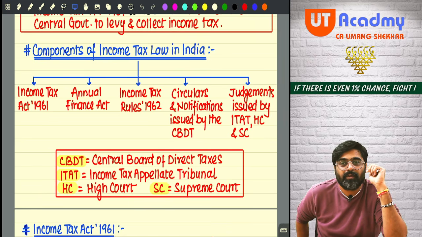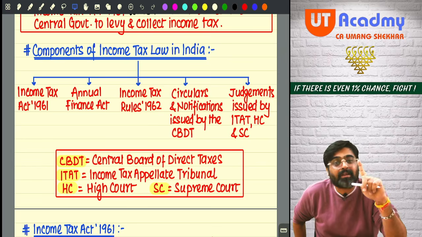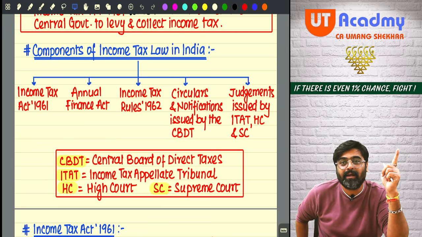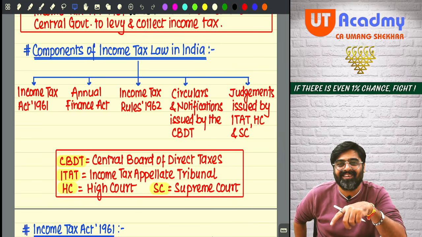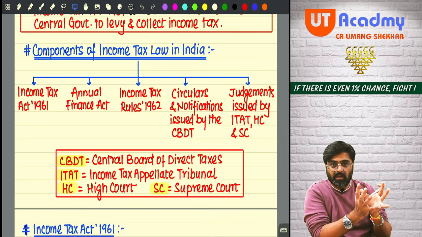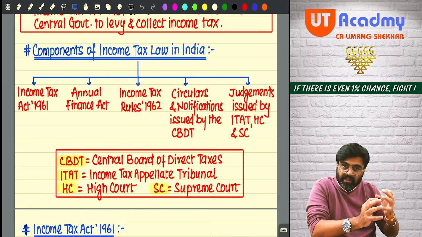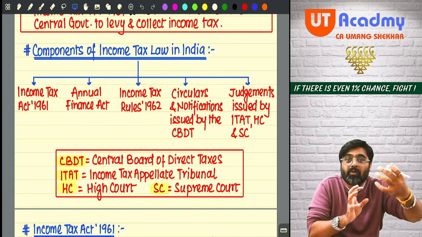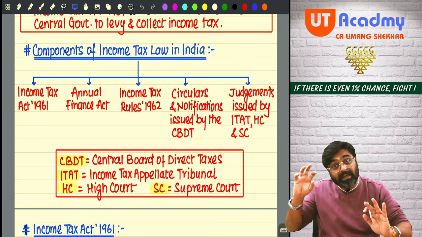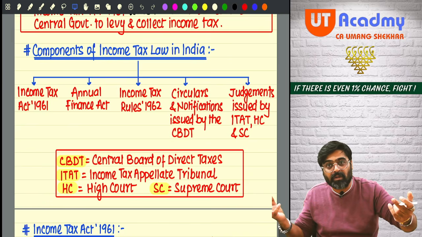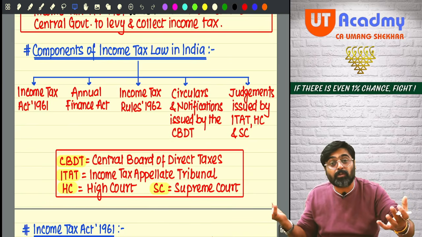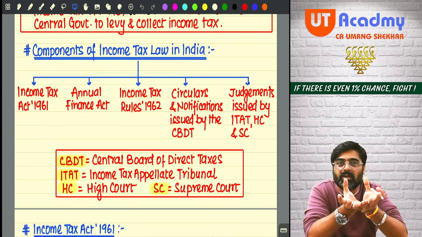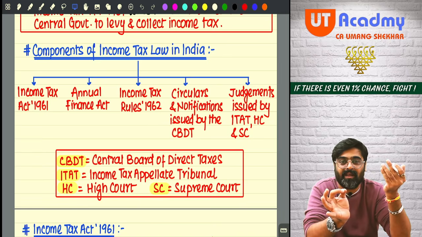Understanding? So this is the way in which the Income Tax Act should be studied. Not just the Income Tax Act, any taxation law in India has to be studied like this only. The basic law is the base. Along with that, the necessary changes. Along with that, rules. Along with that, notifications and circulars, if any. And along with that, to have a proper understanding and interpretation of the provisions, we are supposed to read the court judgments also. If we learn all these things together, only then can we say that we are learning income tax law in India.